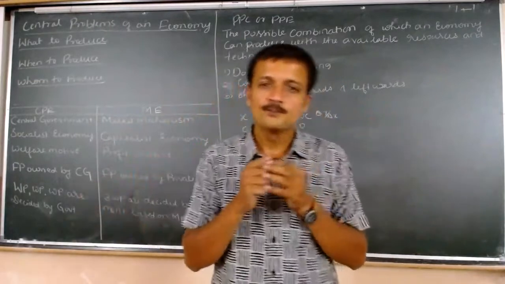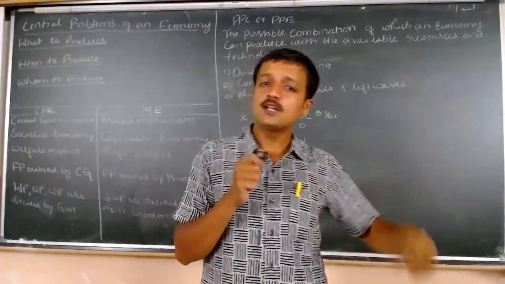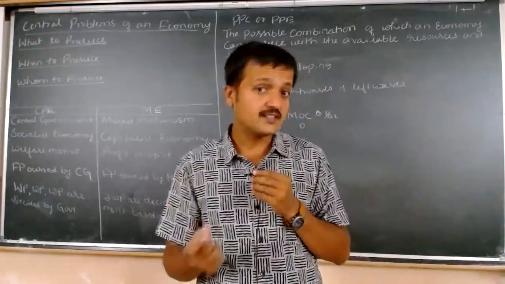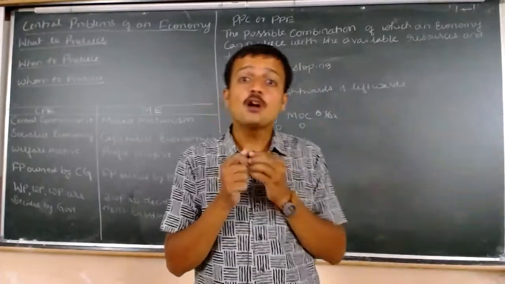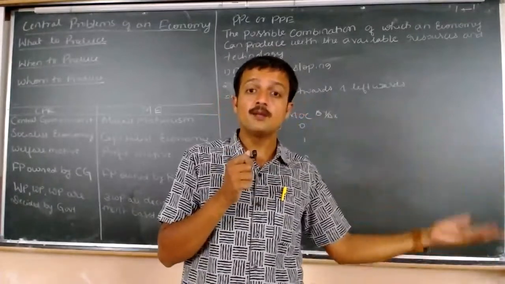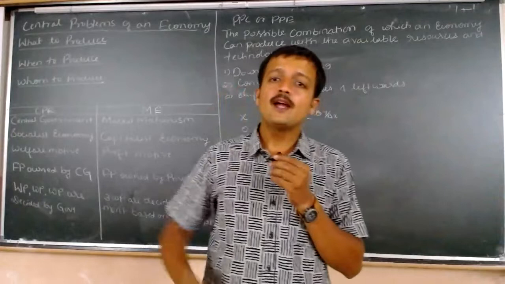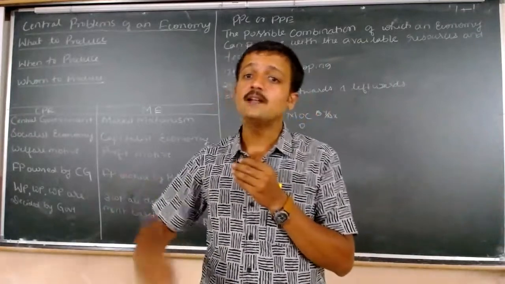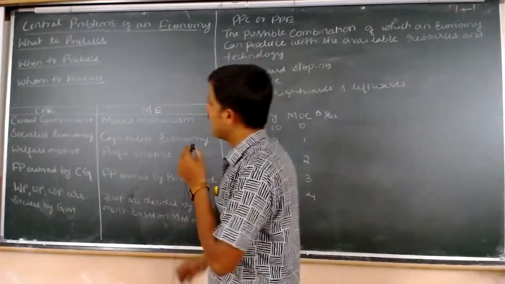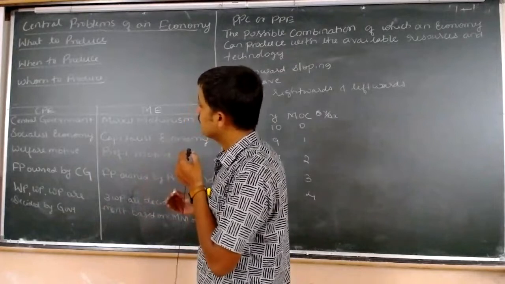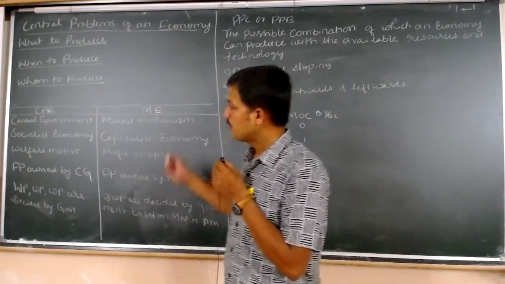For example, I will tell you the factors of production, like land. When we come across land, the land can be utilized for agricultural purposes as also for industrial purposes. So we need to make a choice, and we need to decide what we would like to produce. We would like to produce agricultural goods, or we would like to produce industrial goods. Like that, we have a choice of going for capital goods and consumer goods, right? In the what to produce segment, the government has to decide what it would like to produce with the limited resources. Okay, later on I will come to the point how it will happen.